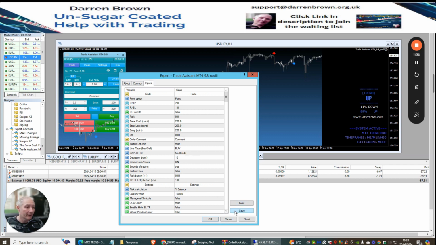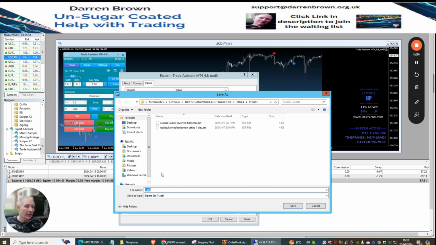You then want to hit save, and then you'll be able to save this file, and all you need to do is basically put in here, okay, get rid of the star, and then you would put